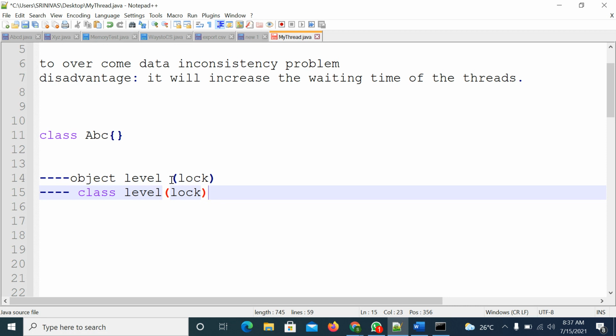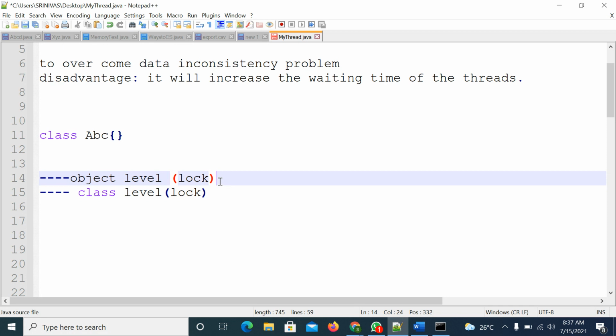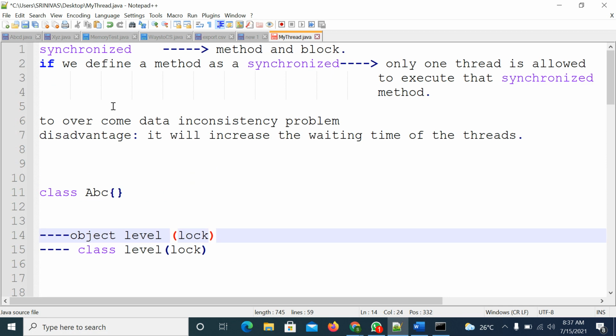Once again, every object in Java has a unique lock. So whenever we are using the synchronized keyword, only then will the locking concept come into the picture. Right? Any doubts up to here?